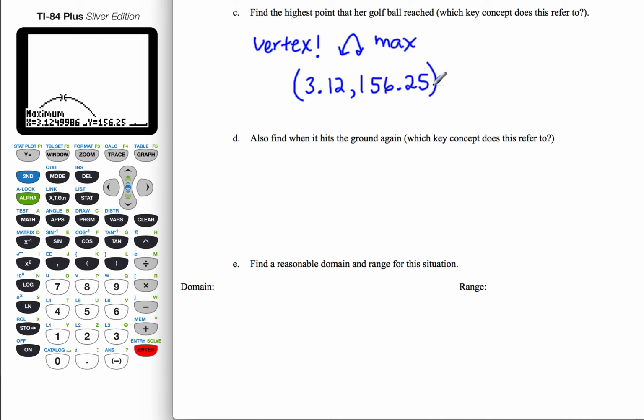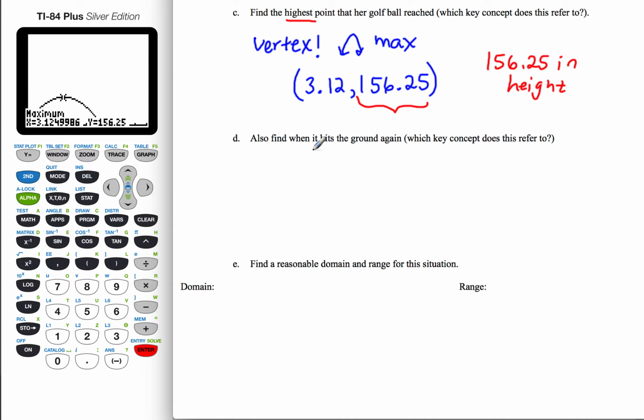156.25. Now we have to understand what our vertex is telling us, because it's asking us for the highest point her golf ball reached, the highest point. Well, that is actually our y value. That was our height. So 156.25 in height. We don't know whether it's in meters or yards or feet. I'm guessing it's probably feet, but